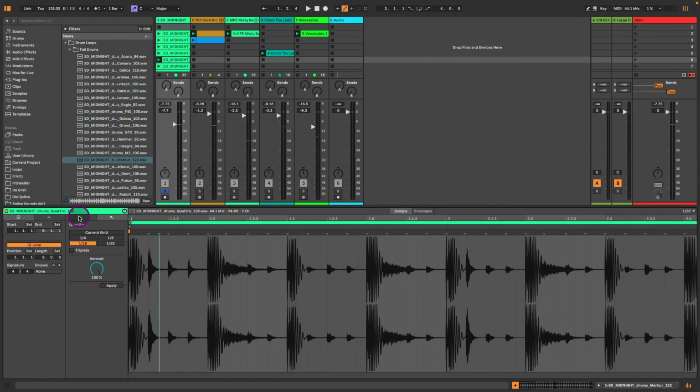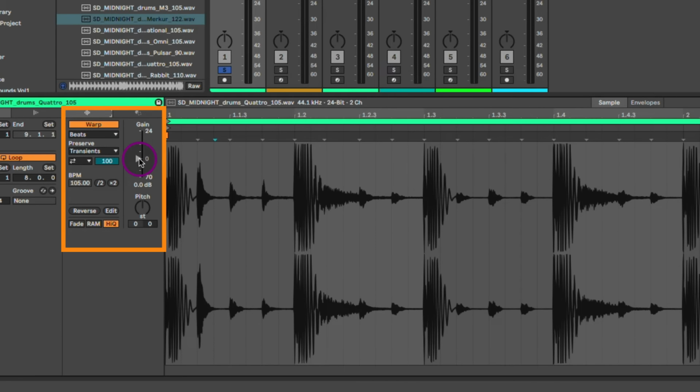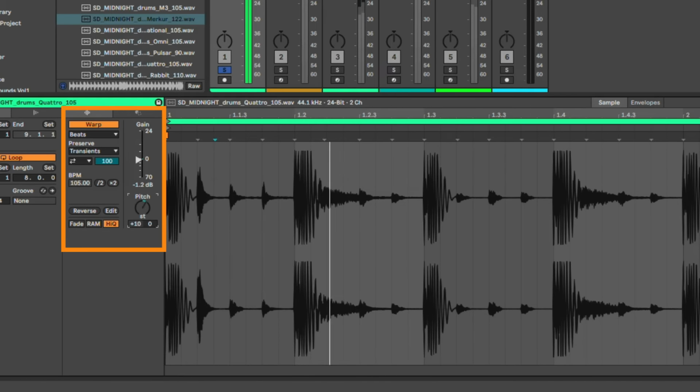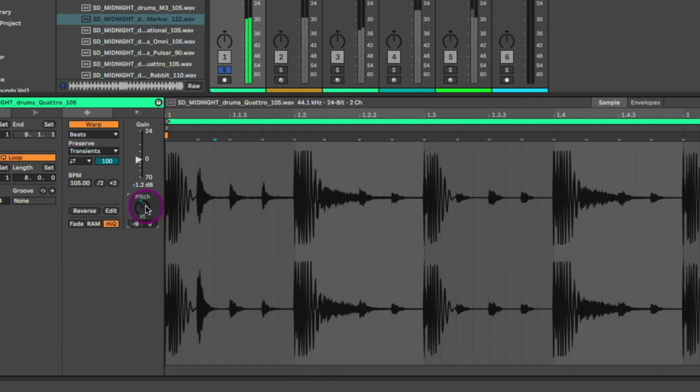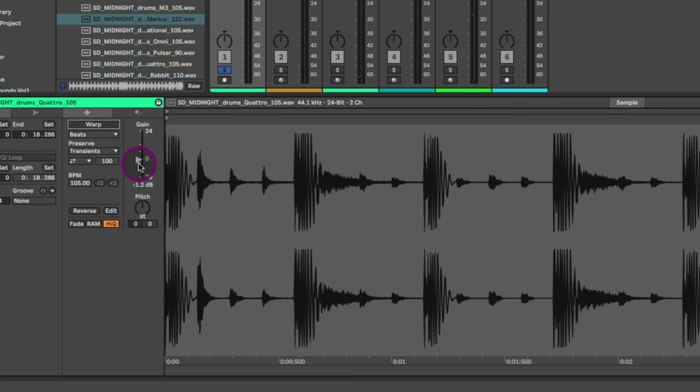You can also head over here to the main window, and this gives you the ability to change some of the parameters, such as the overall gain of that audio clip and your pitch. You can adjust by semitones on the left and slightly detune on the right. You can also unwarp this piece of audio, and this will allow you to play the audio in its original raw state. So if I play it now,